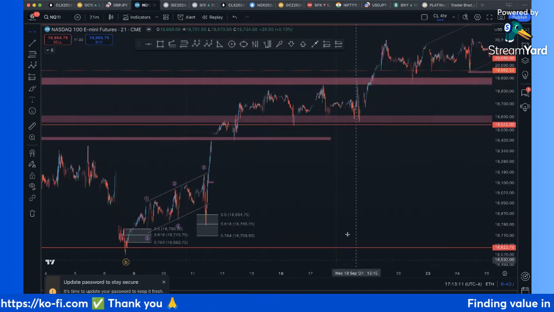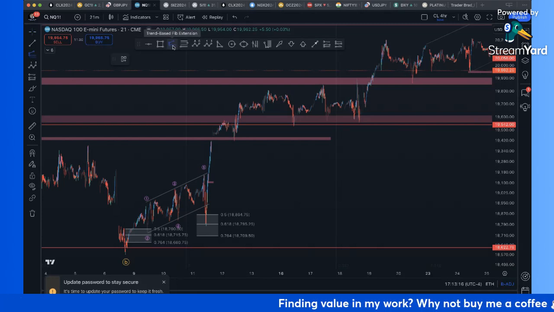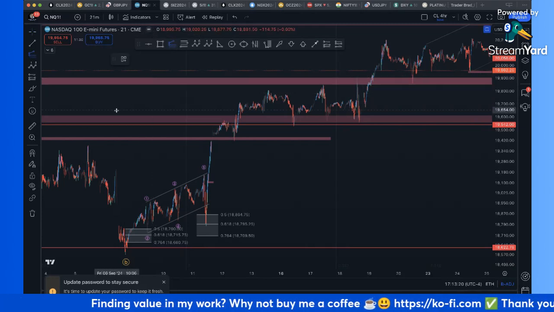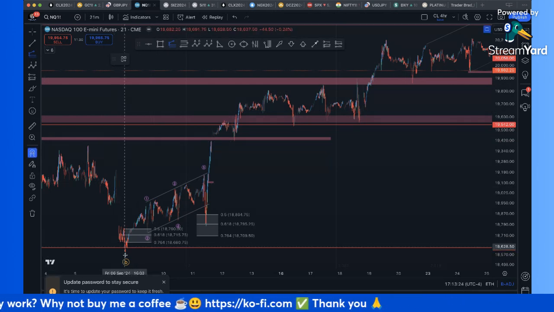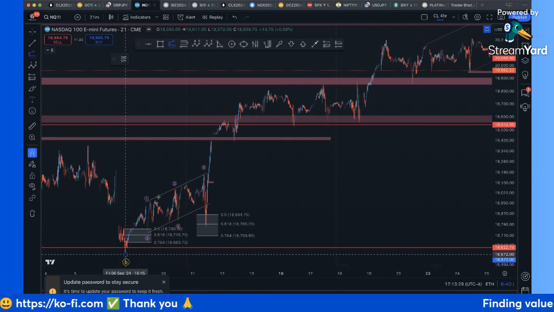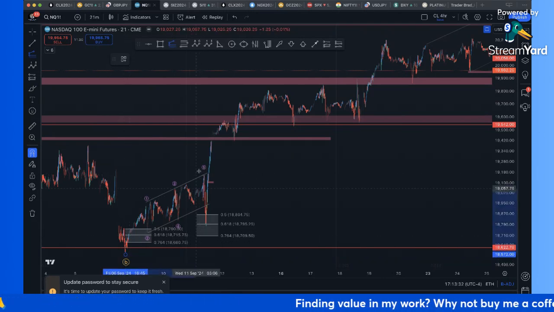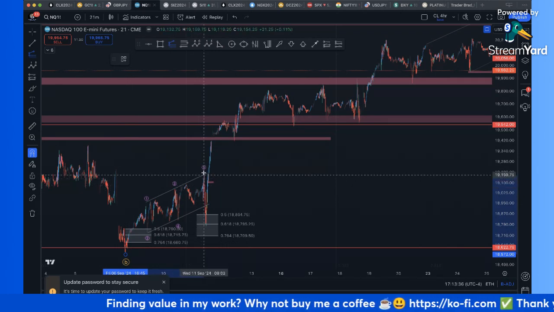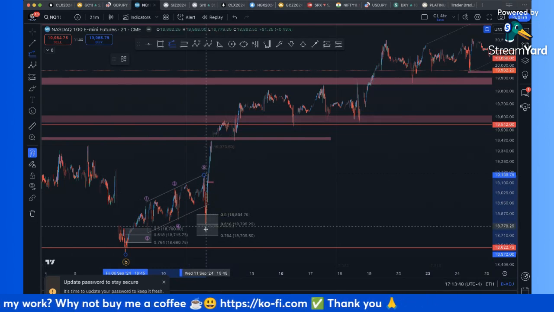But what we want to do is grab our fib projection tool now. If I'm talking above where your skill level is, go back and watch those first 2 videos. But if you're in the Professor Trades Club, you probably already know what I'm talking about. So I'm grabbing the fib projection tool and I'm putting the first click at the bottom, the swing low. I'm putting the second click at the swing high, what we believe is wave 1 at the top of this 5 wave structure. Then we bring the tool down to that swing low, which is